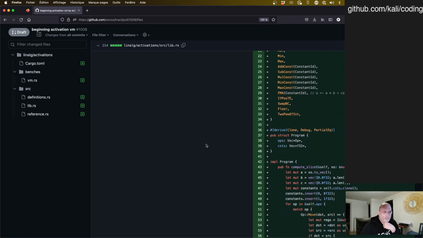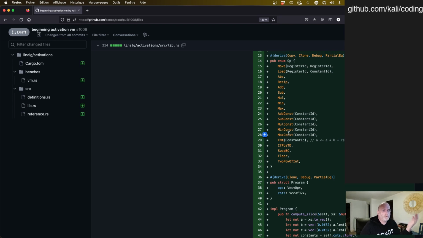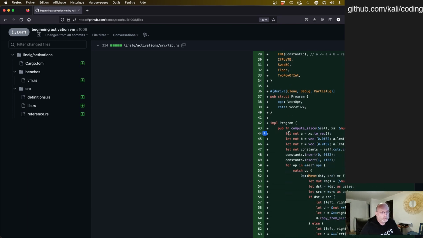Ops, that's the list of instructions. And with these instructions, we managed to compute a relatively important subset of the activation functions that we need to implement standard neural networks. So for instance,